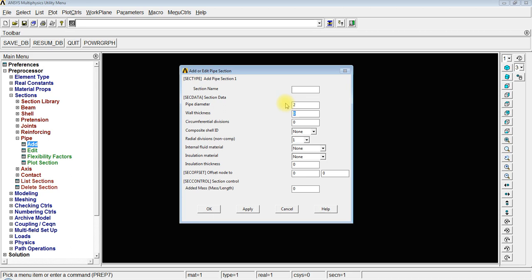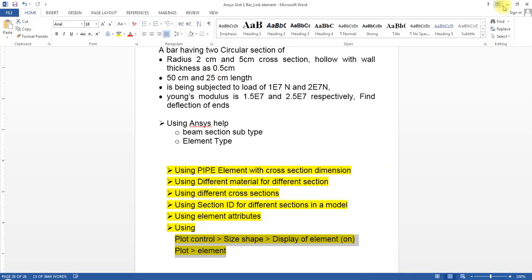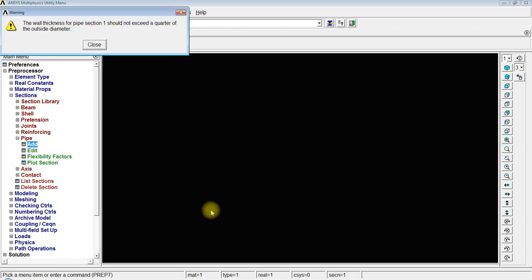Wall thickness will be 0.5 centimeter. As per our question, it is 0.5 centimeter. We can also input a section name, but we are not doing it here.